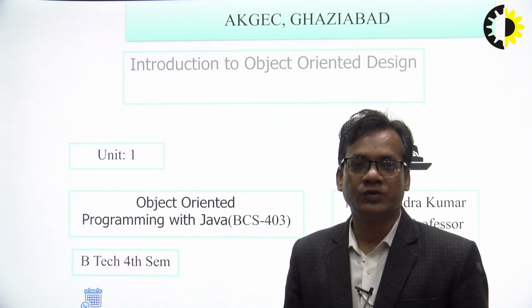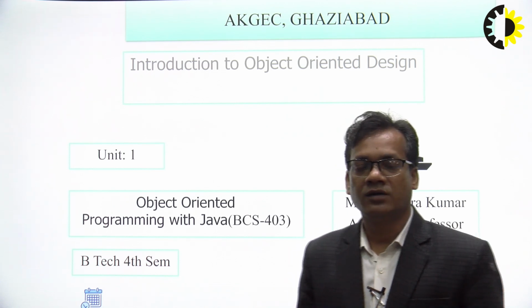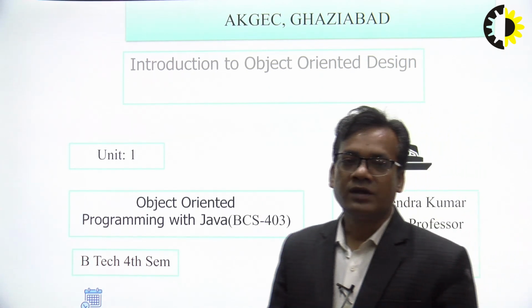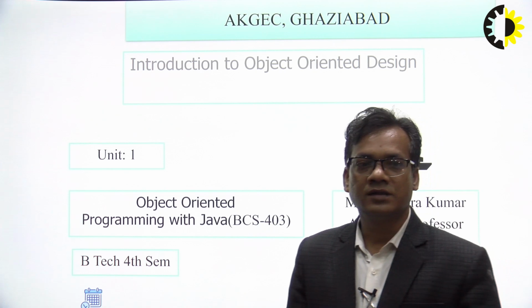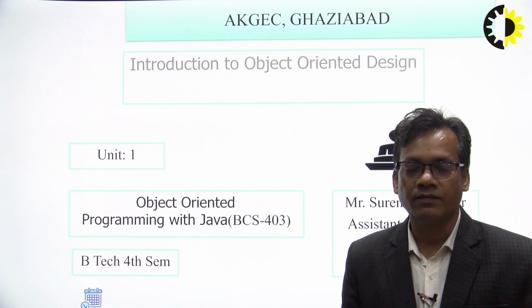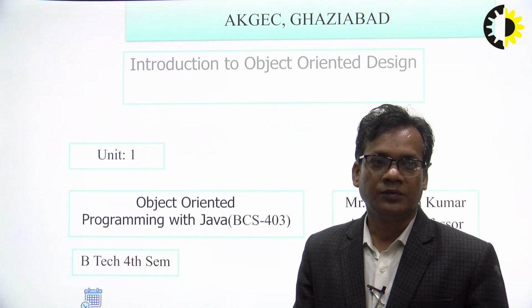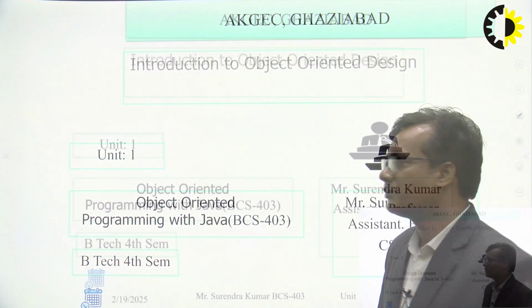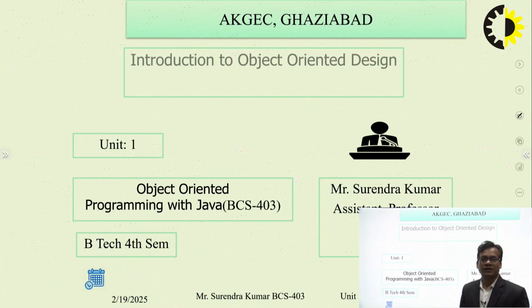If we talk about previous languages, for example C, then C is basically a procedure oriented language, which is a functional language which works based on functions. But when we come to the broad area of computer science, functions are not a sufficient basis for our programming language. So we started object oriented programming language. How does object oriented programming language support real world problem solving, that we will discuss here